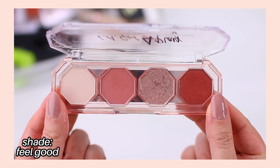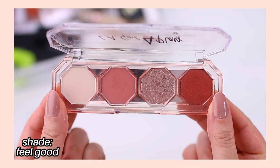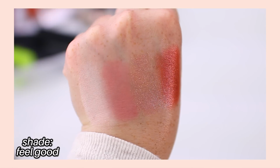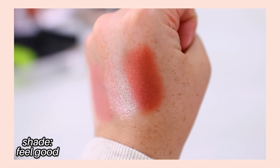And then because I loved that one so much, I actually ended up picking up this one. This one is the Feel Good Quad. I have a few loose pans in here, so I need to glue them back in, but I love this. If you love pink eyeshadow, this is such a great option because you can definitely get a complete look out of this. There's a lighter, softer shimmery shadow, and then a little bit of a medium toned raspberry. So you can do something just a little bit more natural or more dramatic, but these just feel very